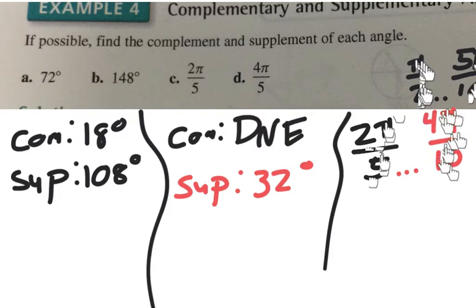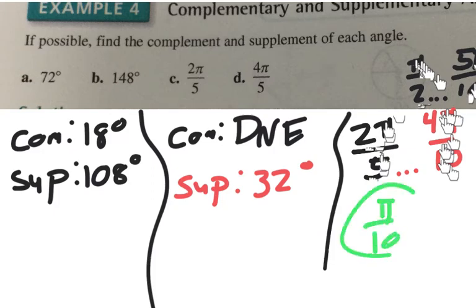So basically, I'm taking 4 pi over 10, and I want to make it become 5 pi over 10, which means I need to add another 1 pi over 10. So the complement of C would be pi over 10. And then in order to find the supplement would just be adding another 90 degrees, or adding pi over 2